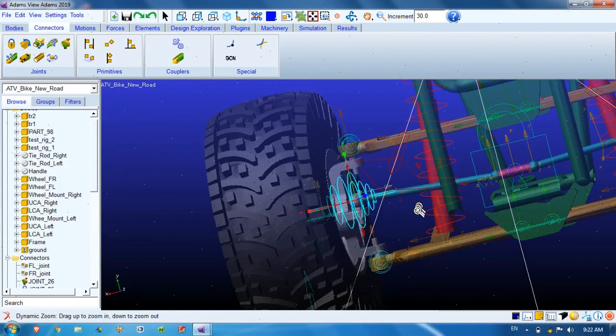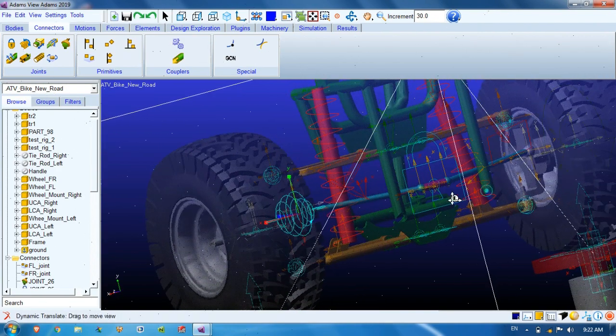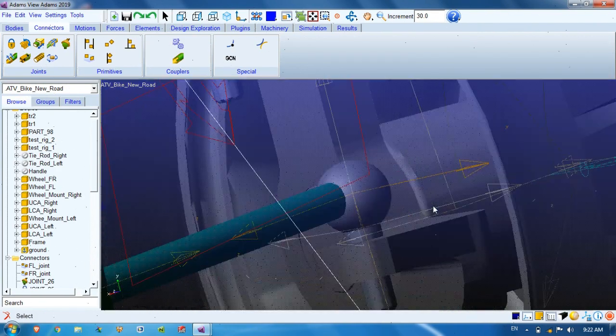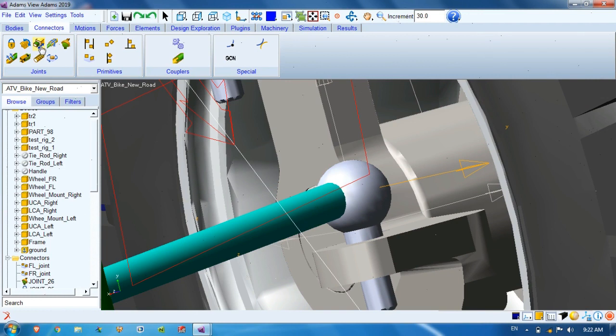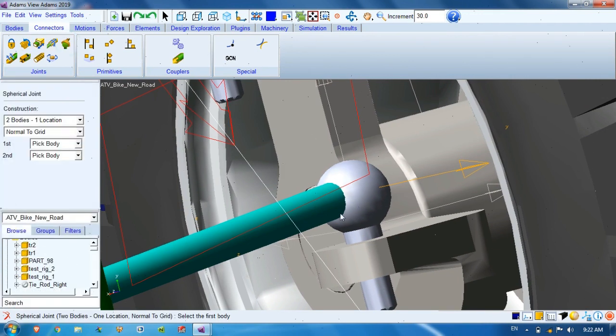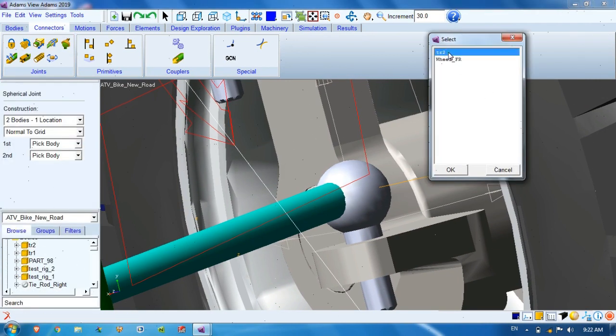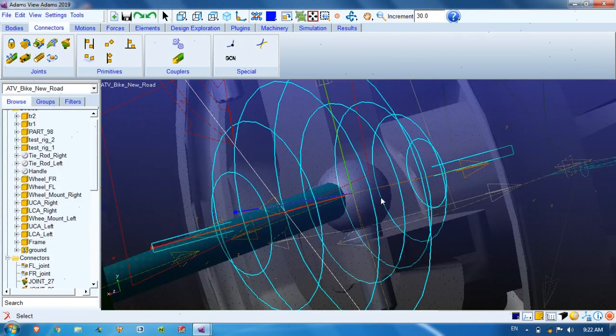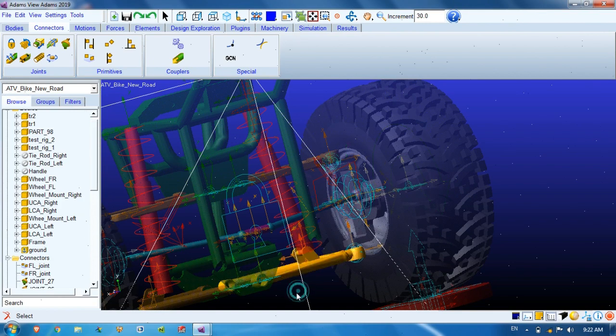So this joint is created. Then another spherical joint here, choose spherical joint. First part right click, tie rod 2, second part right click here, wheel mount right, location marker 198. So these joints are created.